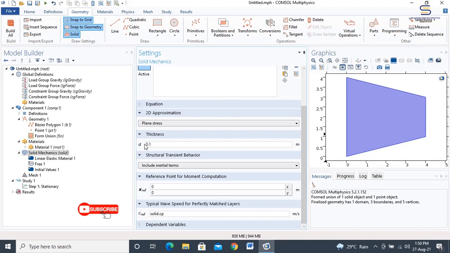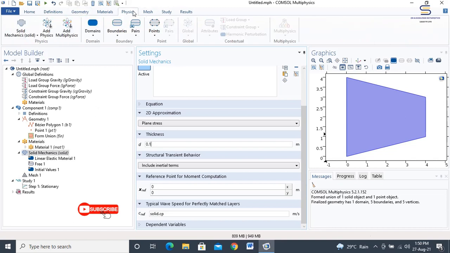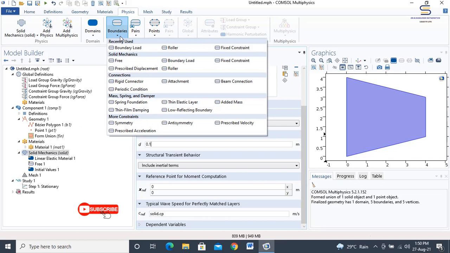First define all constraints for both load cases and then assign them to different load and constraint groups. For this, we will go into the fixed constraint first. On the physics toolbar, please click on the boundaries, and in the boundaries choose fixed constraint.